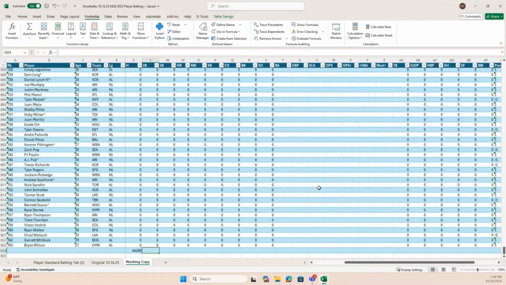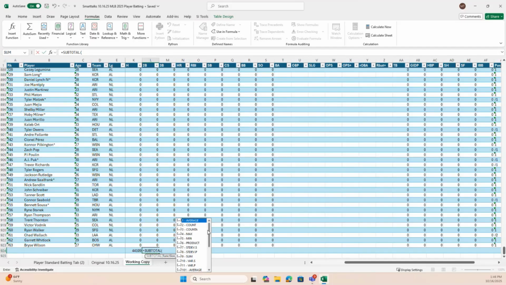And if I want to know the total number of doubles, or I want to add my subtotal here, I select my sum function. And in my range, I just want it to be doubles. So I'm going to enter that named range. And notice it highlights it for me. I'm just doing doubles. Now, I had to put an underscore there because I know the rules of naming ranges, but you can see